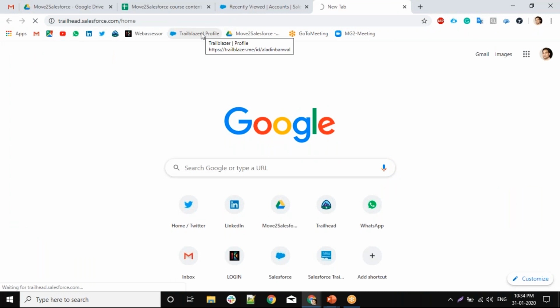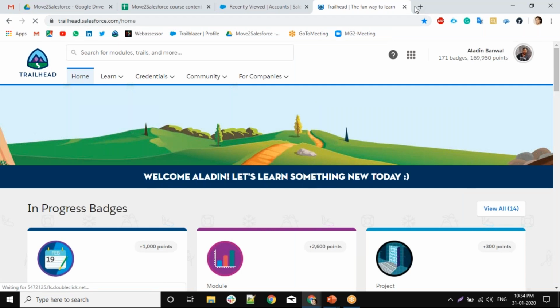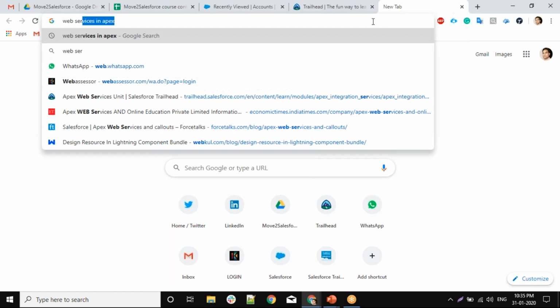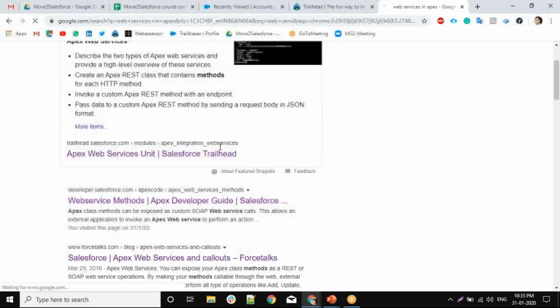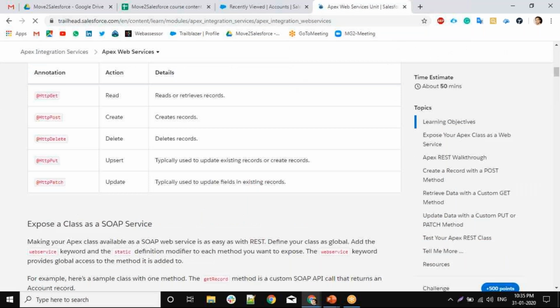In the Trailhead you can find some web services modules, and you can create them, and it will give you some tasks to complete. Let me search over here. So here it will give you some tasks to perform at the end.